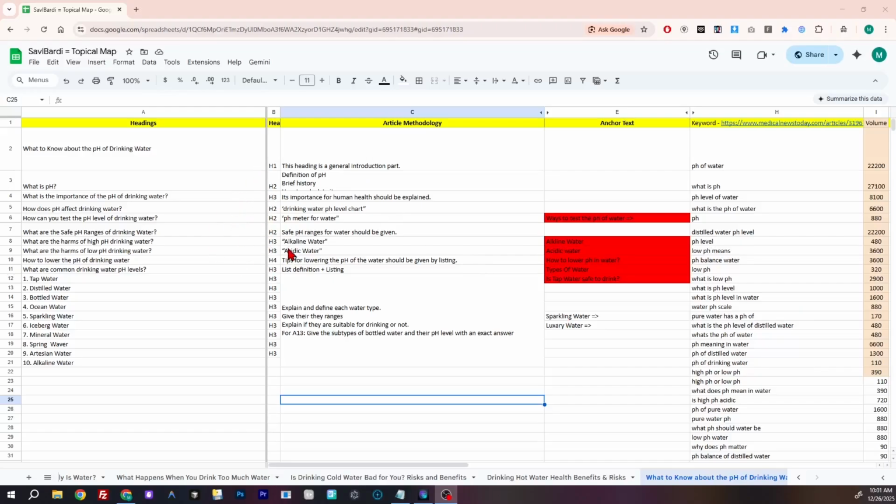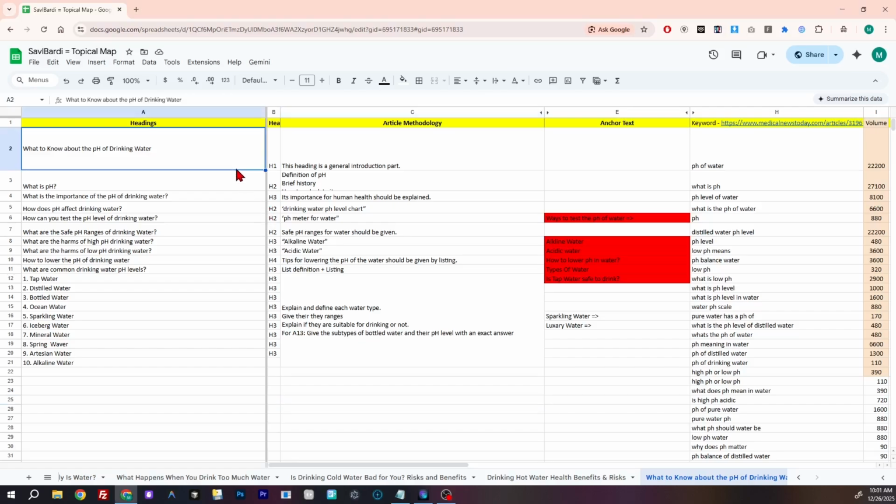In this lecture, we will talk about one of the attributes of water, that is the pH. We focus on the pH attribute of the water because it is one of the most important or the root attributes, because technically on this planet, or in the universe, everything has a pH value. But when it comes to understanding the water type and the benefits or the quality of water, pH is one of the most important attributes that helps us derive further attributes and also changes the definition of other attributes